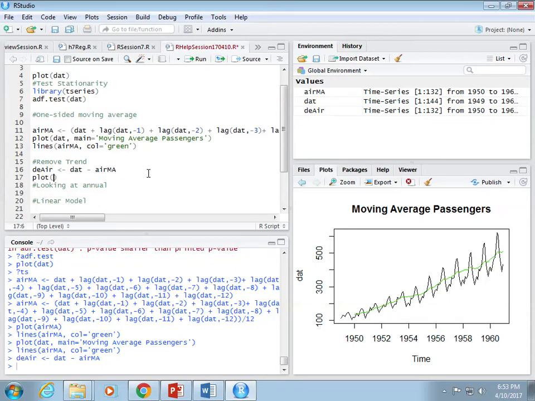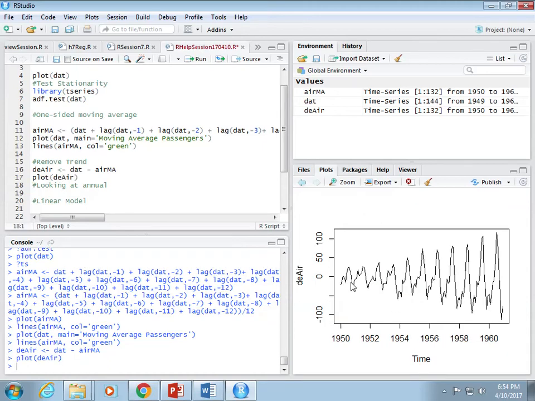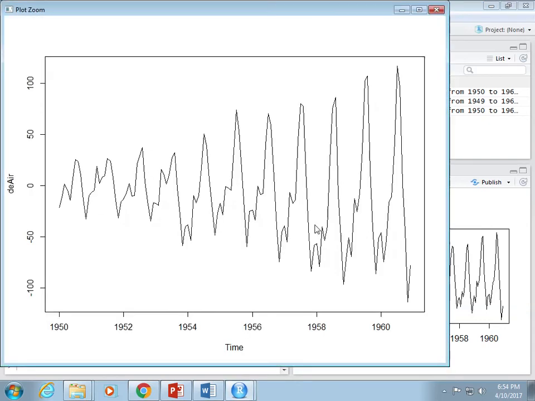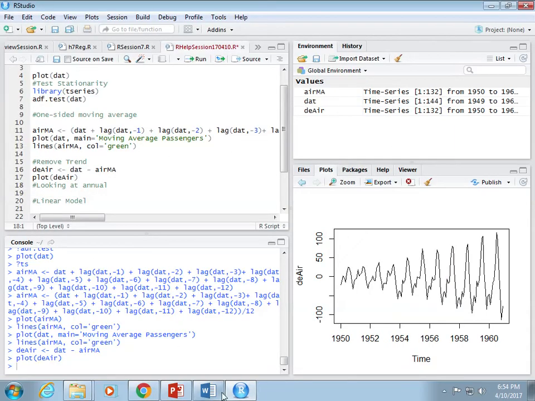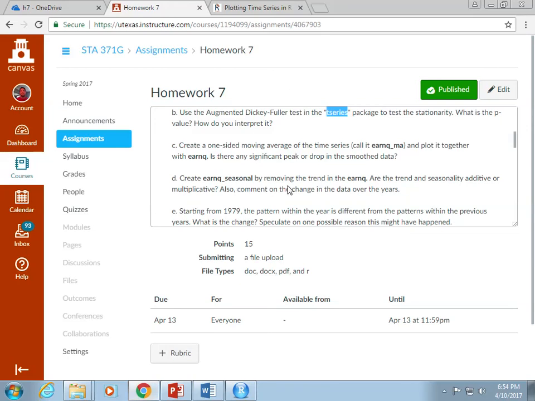So if we plot that, we get this. So you just see those bumps now. That's all we have, right? So something like you're saying, it seems to be growing and there's volatility. Okay. So that's how we create the seasonal model. Now,